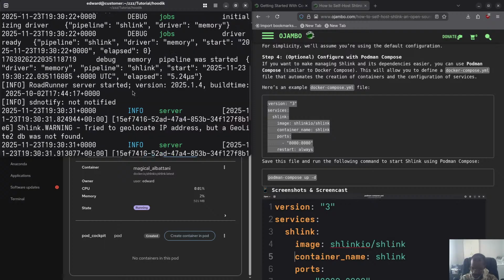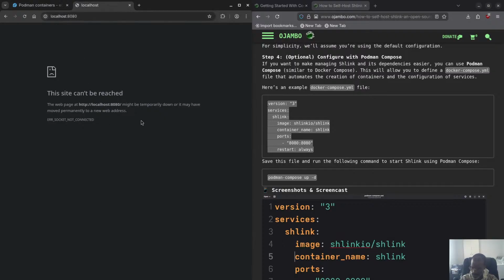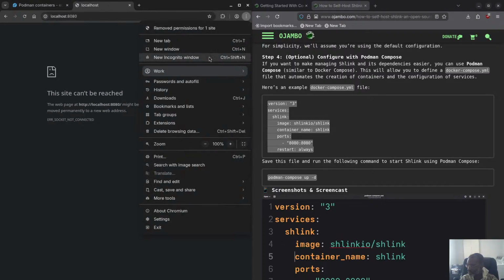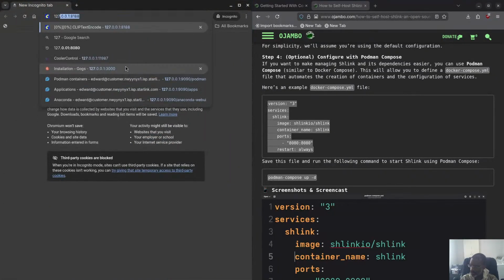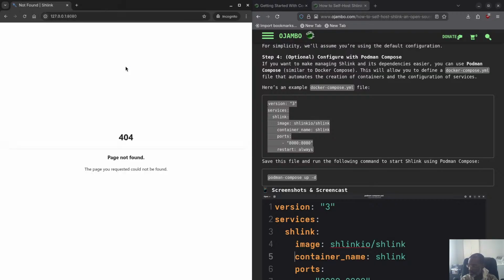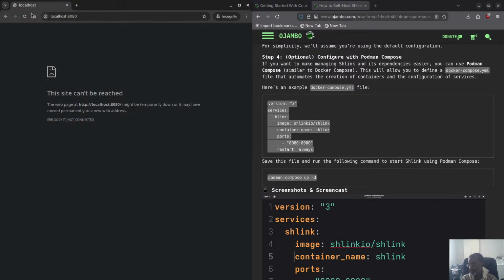You know what? Maybe it's the browser. Could be the browser. Let me go to, what is that thing called? Incognito mode. Let's try incognito mode. So 127.0, so 8080. Still says cannot be found. Localhost. I don't know why it's not working. It should work. I have no idea why it's not working, because when I run this on the command line,